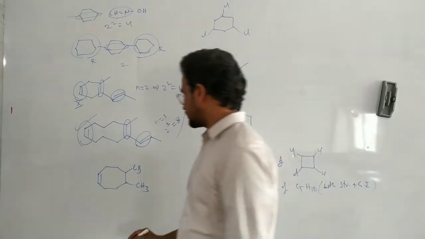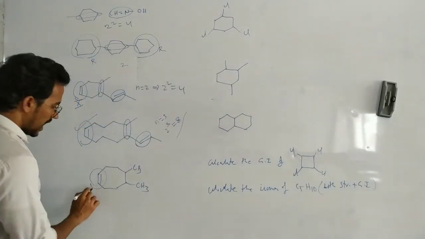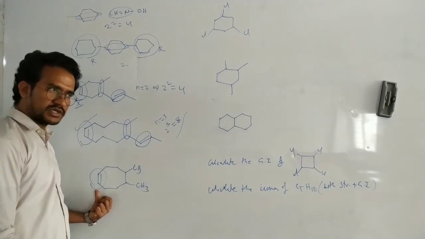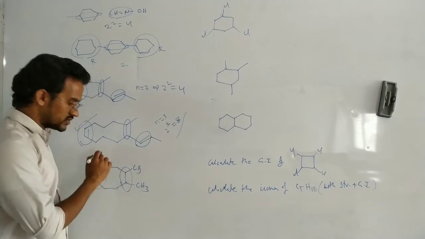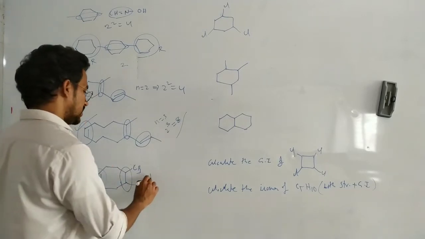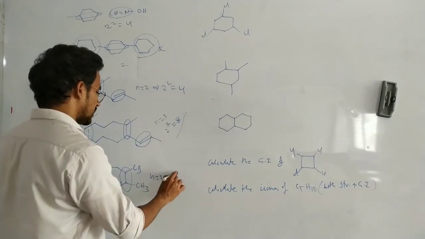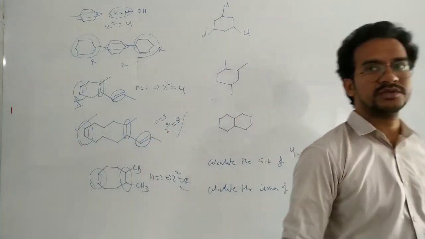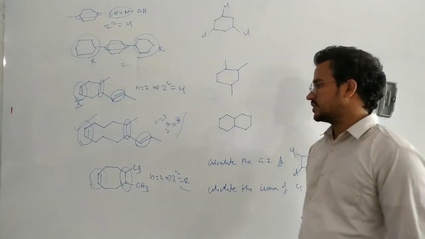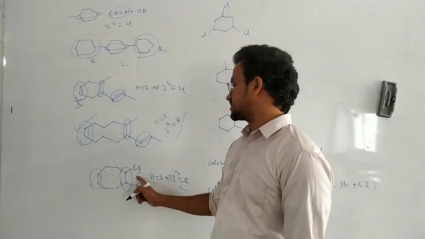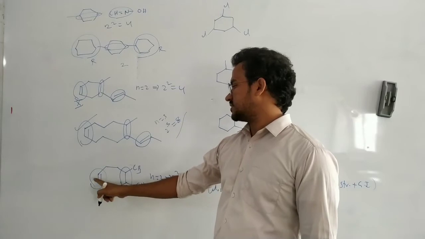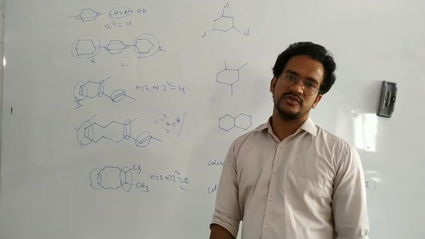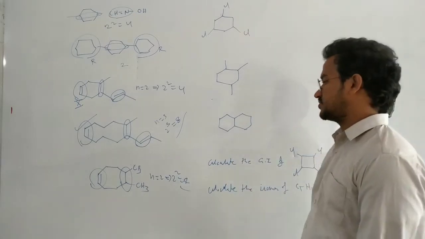Next, in this case again, this cyclooctene, this double bond exhibits geometrical isomerism, cis cyclooctene and trans cyclooctene, and about this one geometrical isomerism is also possible. So here n equals 2, that implies 2 power of 2 equals 4 geometrical isomers. It is cis,cis; cis,trans; trans,trans; trans,cis. Totally 4 geometrical isomers.